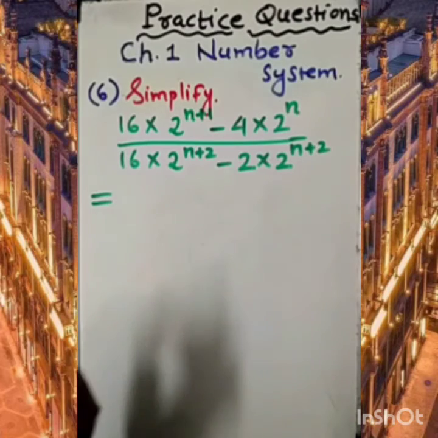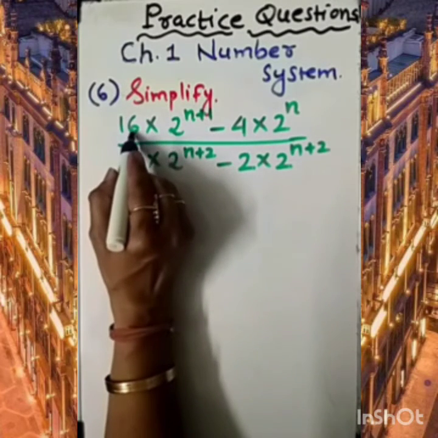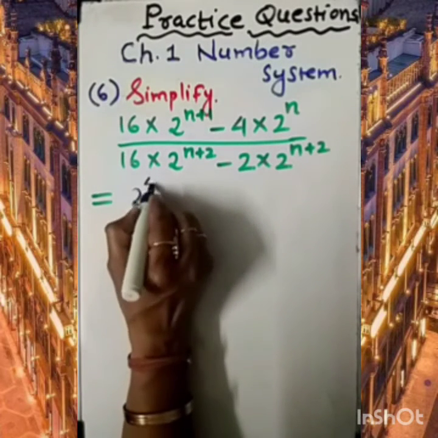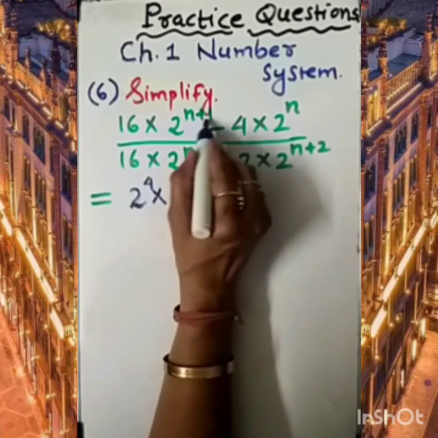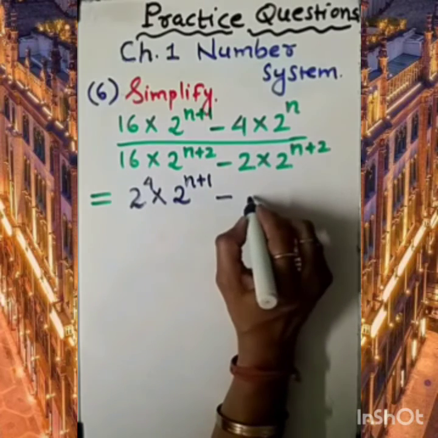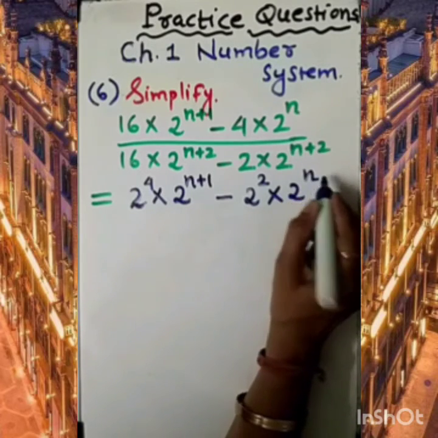First of all, we need to take out something that should be common. There are 2-3 techniques of solving this sum. We can go with any of the techniques. So better we should go with this one. See, 16 can be written as 2 to the power 4. Agree? Because 2 into 2 into 2 into 2, 4 times, gives the result 16. And here n plus 1 is there. Minus, this 4 can be written as 2 to the power 2, 2 square, and 2 to the power n is already there.